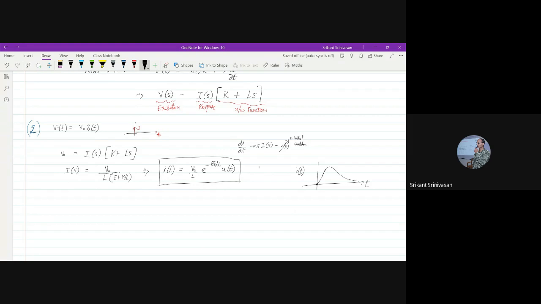Maybe one way to plot it out is to try it in SPICE, because you all did the SPICE simulation last semester. We can try to put the circuit and see whether we are indeed getting some response like this. Okay. Is everybody getting the same mathematical analysis, whatever I did? Or is anybody getting a different answer? But right now it seems that this is very straightforward.